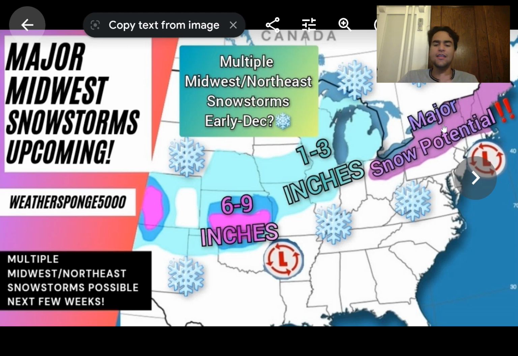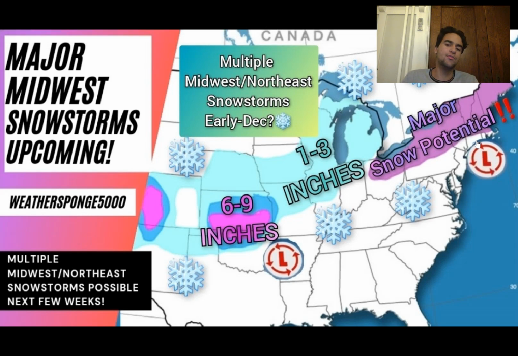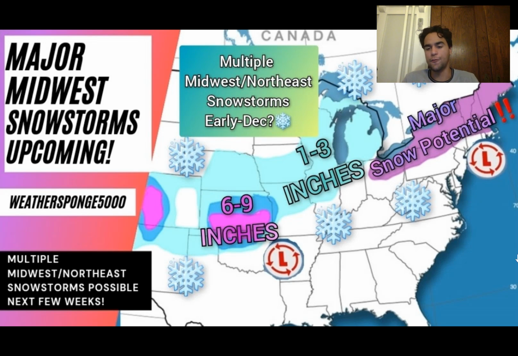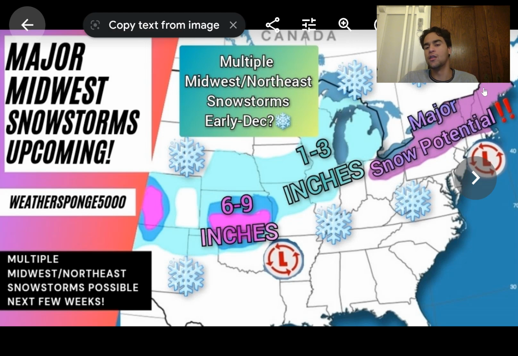And I listed this area as having major snowstorm potential, as I do believe that the next few low pressure systems could encounter just enough cold air for significant snowfall to occur in the interior Northeast. But I wouldn't be surprised if in the more long-term future we see this potential move further southward to where maybe the coastal Northeast would get involved, if the North Atlantic oscillation takes shape and we see enough cold air move further southward. So definitely be aware of that possibility right over the interior Northeast as well as the interior portions of the Great Lakes, and even extending a little bit further southward into the coastal Northeast as well.